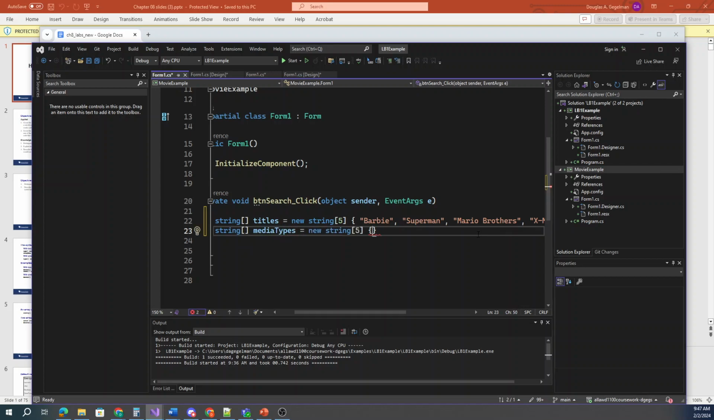So then my next array is going to be, I'm going to call it media types. And again, it's going to be different than what you're setting up for your labs, but I'm just going to go DVD, Blu-ray. I'm going old school here with the VHS tape,